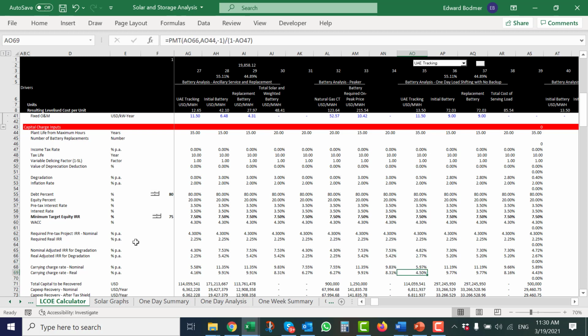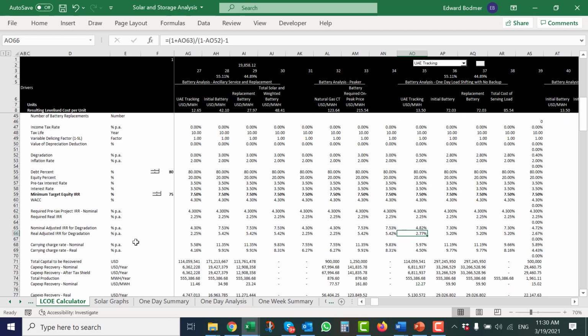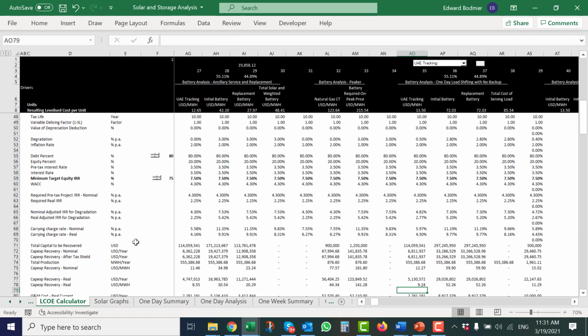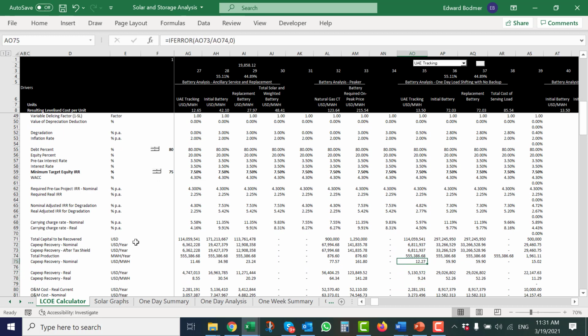And just a minute. And then we put our total capital in, and then we say, okay, well, if we're going to just compute a nominal carrying charge, we're not going to do that. Let's compute and then divide it out, and that's our cost, dividing it by the total production. That's the cost of the battery and all that in nominal terms. But then I'm going to get the real rate, and